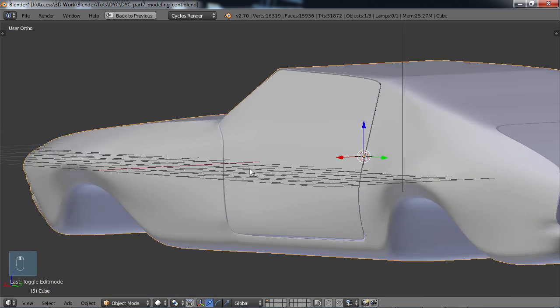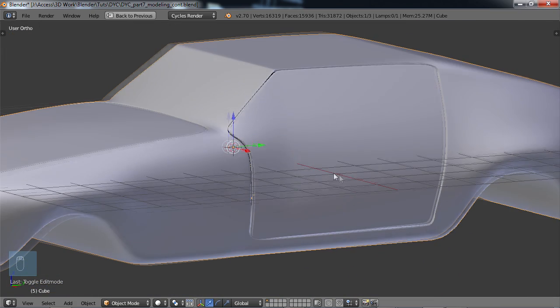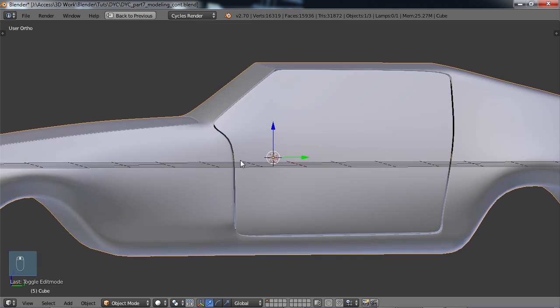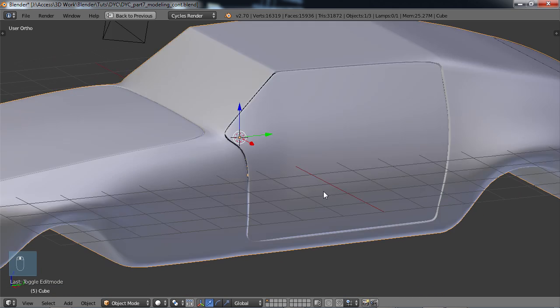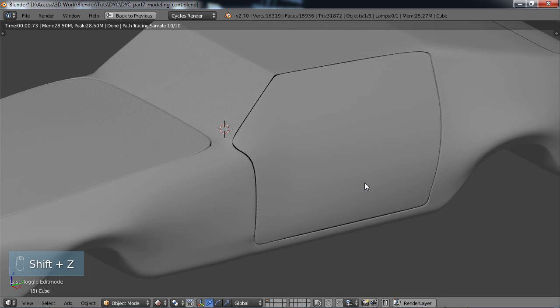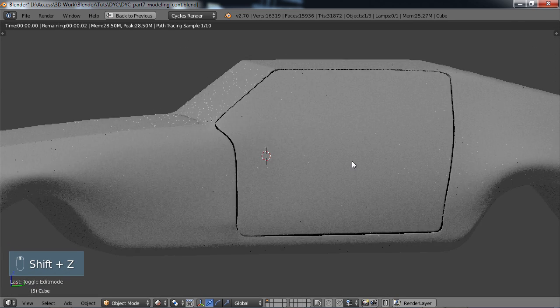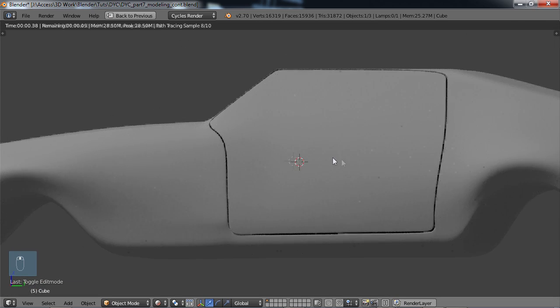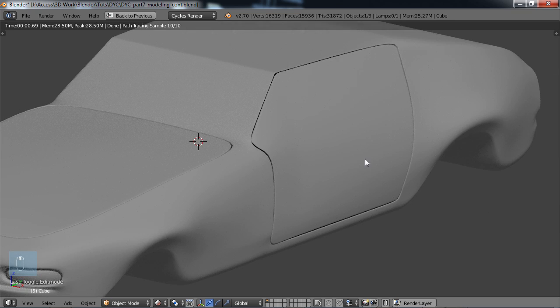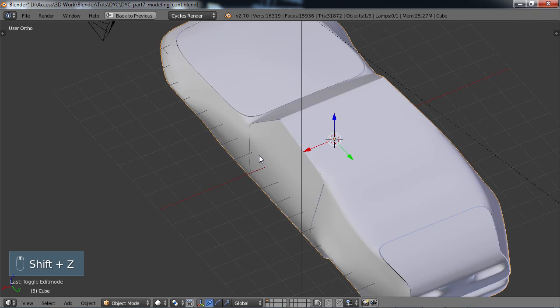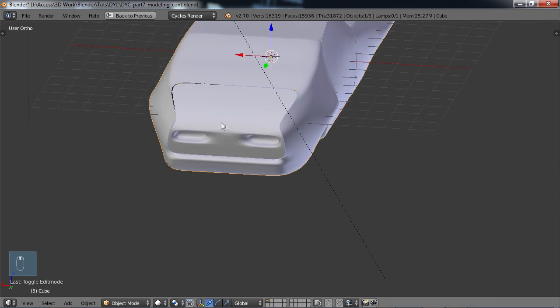Because right now you just see this opening. And again, I think this opening's probably too big. Yeah, I think it is, but leave it for right now. And let's move on to the